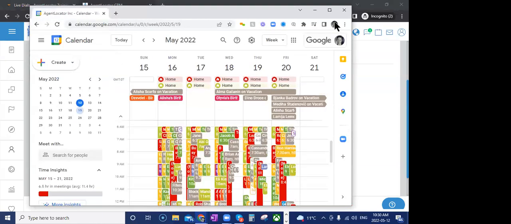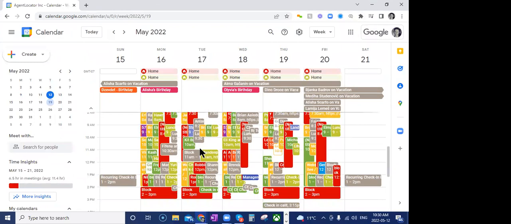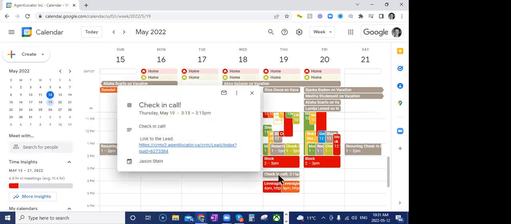We use the integration on our training team for everyone that's getting check-ins. So if you have had training and your trainer is following up with you, seeing how you're doing, we're using a campaign, and it's automatically creating check-ins, and there's the connection here. You can see here that there's a check-in call that's logged right here. This is a task created in the CRM system. When you have it in your Google Calendar, it is going to give you the title of that task, any notes, like the details pertaining to that task, as well as a direct link